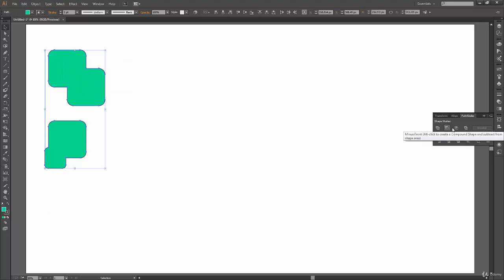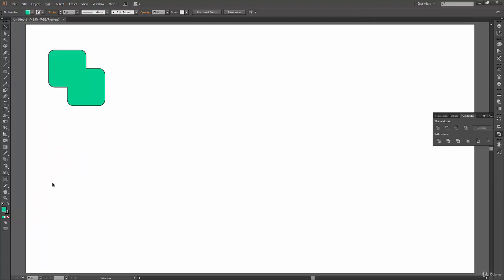And when I hover over the other shape modes over here, let's say Minus Front, Intersect or Exclude, everywhere it says Alt plus click. So yeah, it's the same thing for all the shape modes. You can press Alt and click on any of these, and it will preserve your compound path. So for the rest of these shape modes, I'm not going to cover compound path, because the final result will be the same. It's just that your shapes will be preserved. So I hope that you understand it in this example itself. Also, you're free to experiment with the other options by yourself. It is pretty easy, you won't find any difficulty experimenting with it.